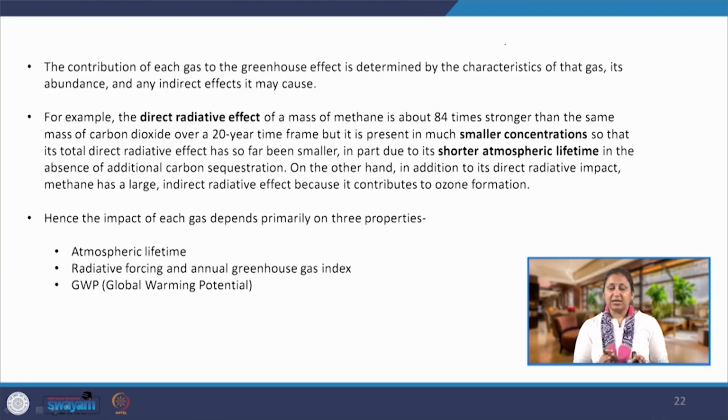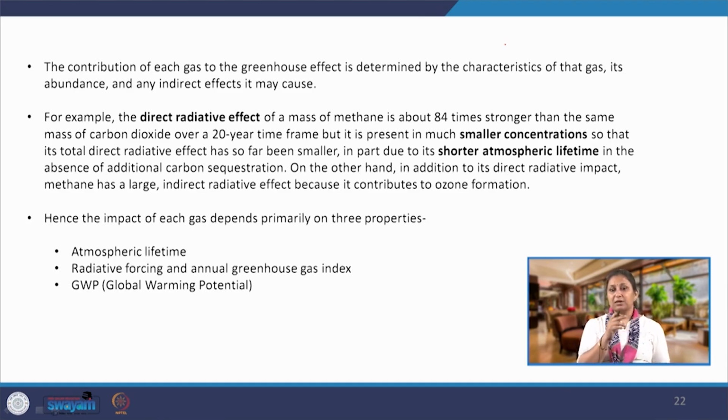So, radiative forcing is the amount of heat that one molecule of that gas can hold as compared to the amount of heat that one molecule of carbon dioxide can hold. So, if there is one molecule of carbon dioxide and it can hold x amount of heat, it has been equated to 1 unit of heat that can be radiation that can be stored by a molecule of carbon dioxide, and for example, one molecule of methane can hold 84 times the heat as compared to a carbon dioxide molecule. This is what we are talking about, the radiative